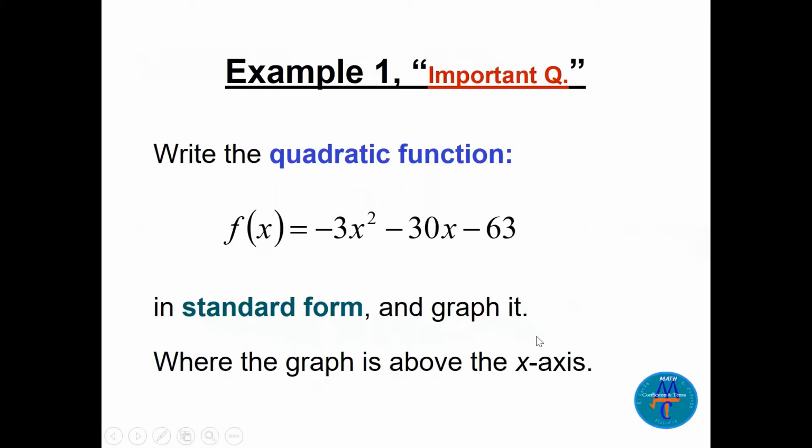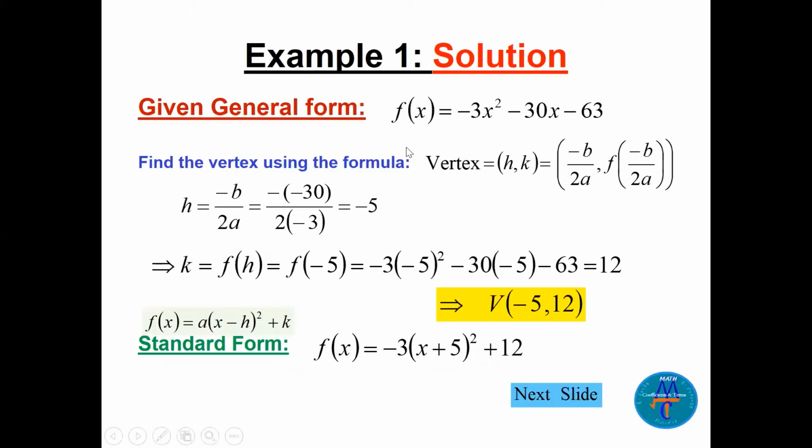Let's start with an example directly, an important example. Write this quadratic function, minus 3x squared, minus 30x, minus 63, in standard form. Graph it and see where the graph is above the x. See, this is the general form. So that's A, that's B, that's C, ready. Directly we can say